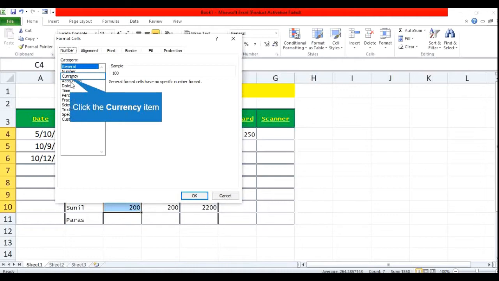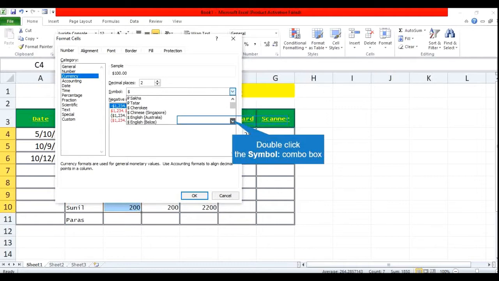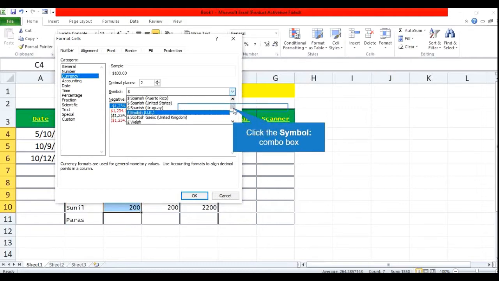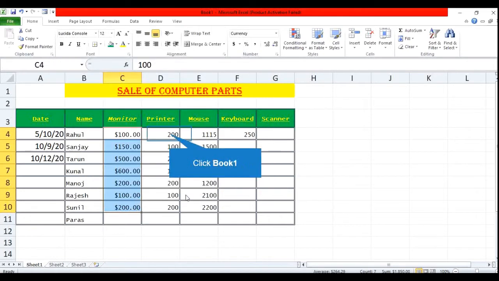Now suppose I want to change the currency. I am writing in the money order. Then how to do that? Currency. Simply it is providing you the dollar sign. You can select any of the currency signs here, or we can simply put the dollar for the first number. Okay. So it has converted it to a dollar.